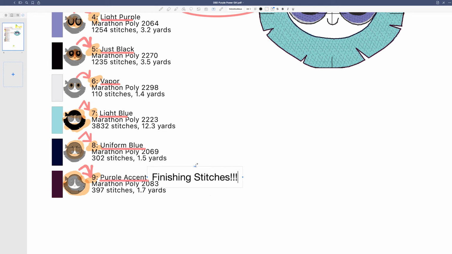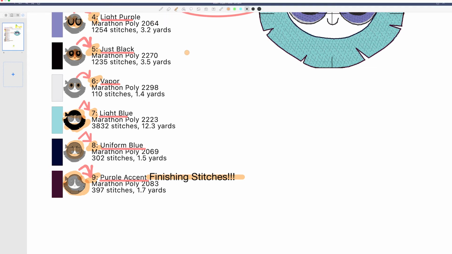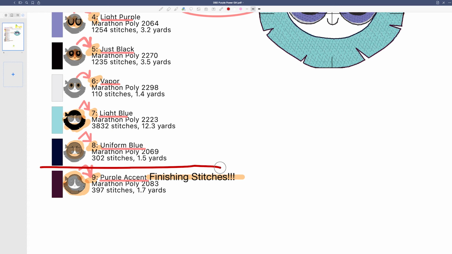Right, finishing stitches. If you have watched my videos before, this is where we secure our felty sandwich. This is where the sandwich comes into play. We will pause. Let me change the color. All right, at this point, you will stop, okay? Between the finishing stitches and the rest of the design, you will stop, and at this point is when you